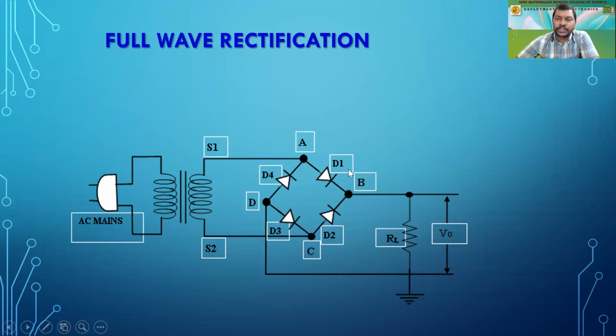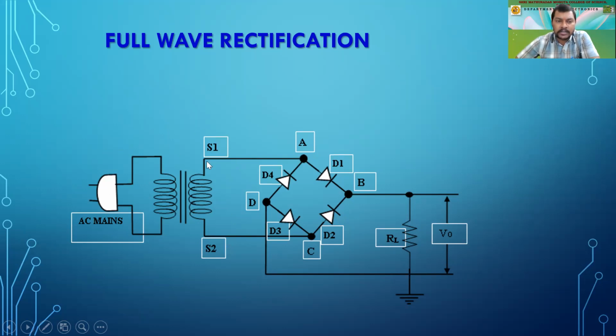Okay, so we have this type of arrangement. We call this a bridge circuit. Bridge circuit means where we can bridge the connections, right? Now at the nodes A and C, we are connecting the transformer's secondary, S1 at A and S2 at C. And at node B, we connect the load resistance, which is connected to D, and the output is expected across the load resistance RS, right? So this is the basic circuit diagram of the full wave bridge rectifier circuit.